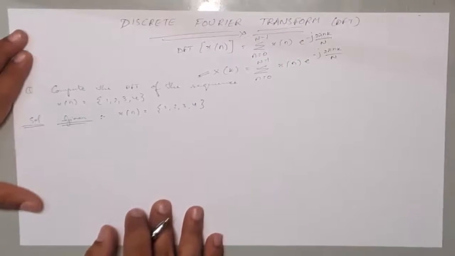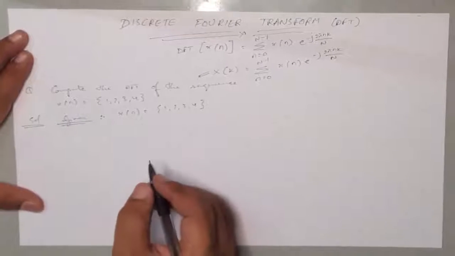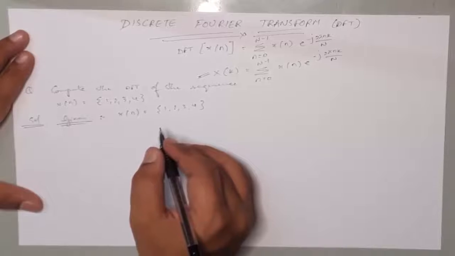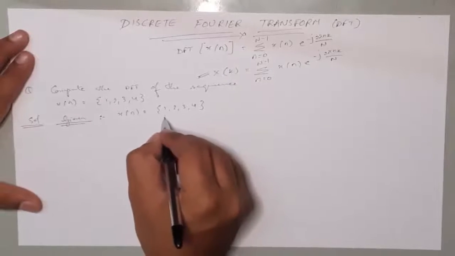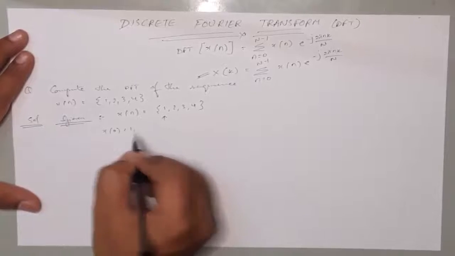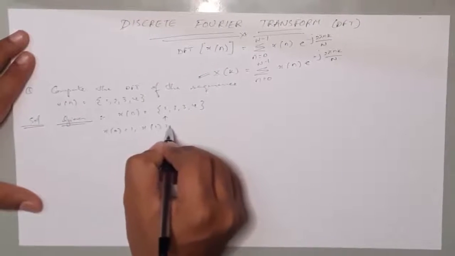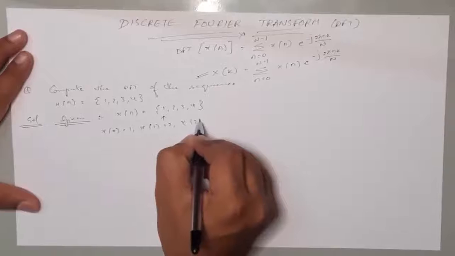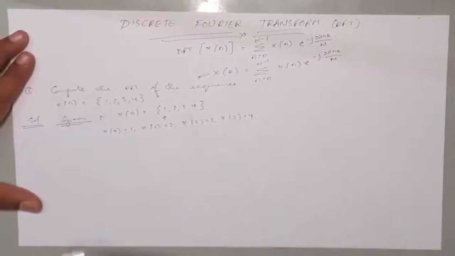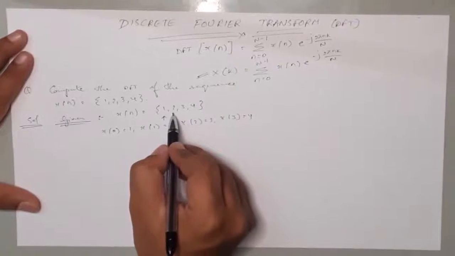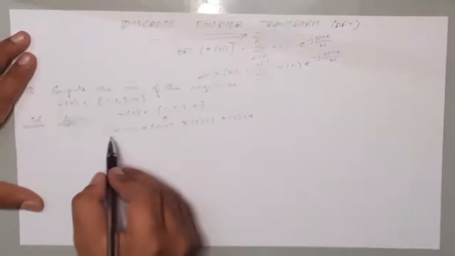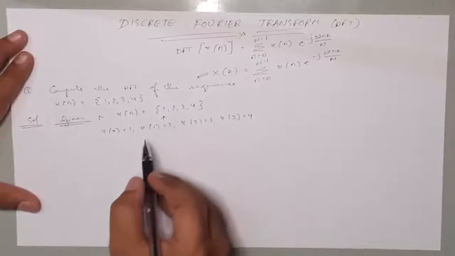So first we need to find the origin. Origin is nothing but the place of 0. Here it is indicated with an arrow, but here since we don't have an arrow, the first one is the origin. This means that x of 0 is equals to 1, x of 1 is equals to 2, x of 2 is equals to 3, and x of 3 is equals to 4. If the arrow was at second, that is at the value 2, then x1 would be x of minus 1 and 2 would be x of 0.